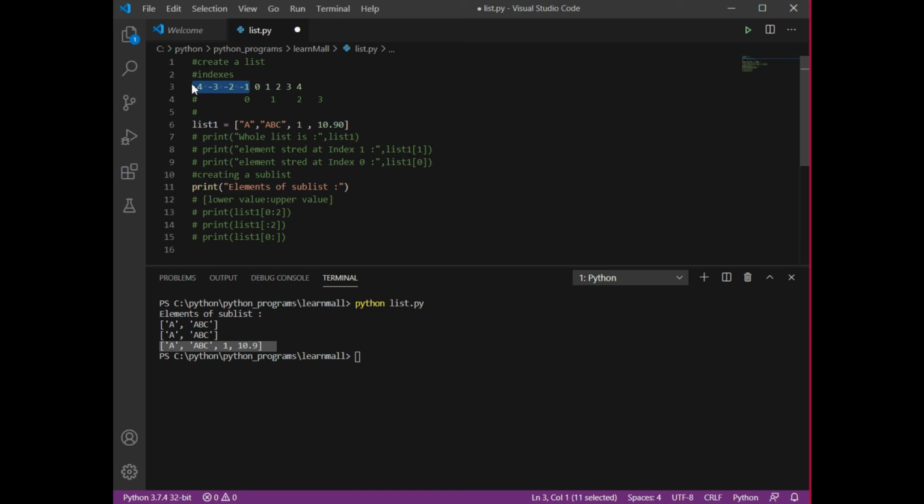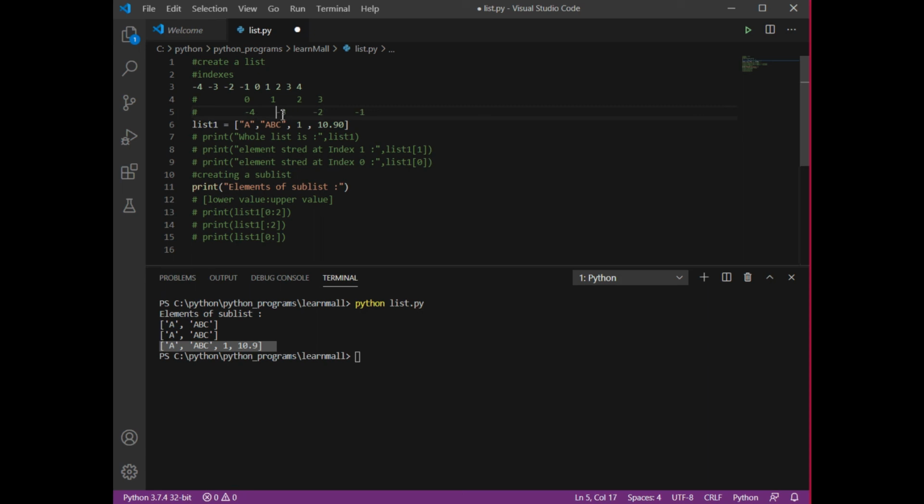This is not a new concept related to Python, this is a mathematical thing: if you are dealing with negative numbers, you are moving from right to left, and if you are dealing with positive numbers, you are moving from left to right. We have done the part of moving from left to right, and now we are going to do the opposite. So if I want to move from right to left, this index has a value of -1, this has an index of -2, this has an index of -3, and this has an index of -4.